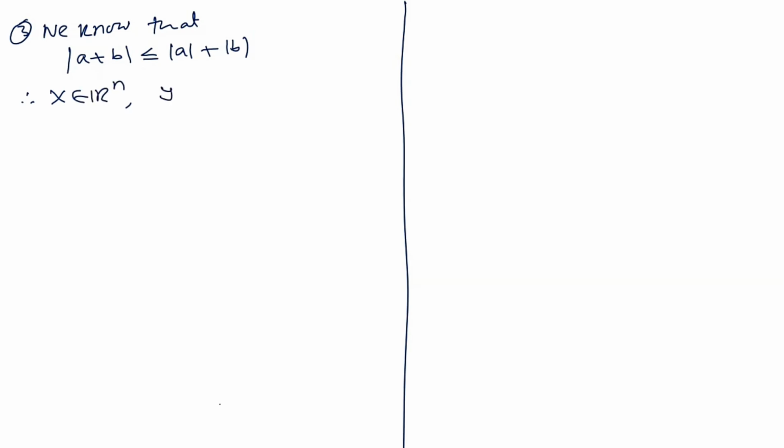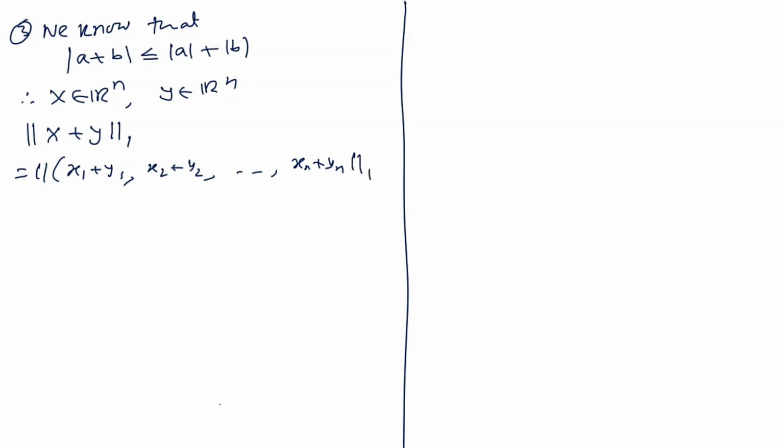So for x belonging to Rn and y belonging to Rn, we have the norm 1 of x plus y equal to the norm 1 of x1 plus y1, x2 plus y2, continuing up to xn plus yn, and by definition this is equal to mod of x1 plus y1 plus mod of x2 plus y2 and so on, up to mod of xn plus yn,